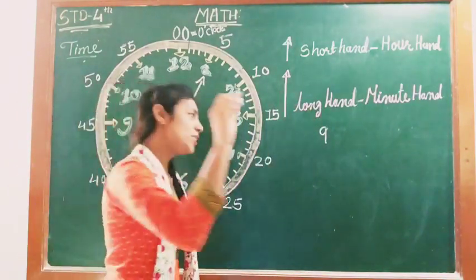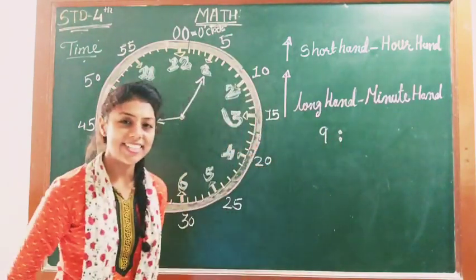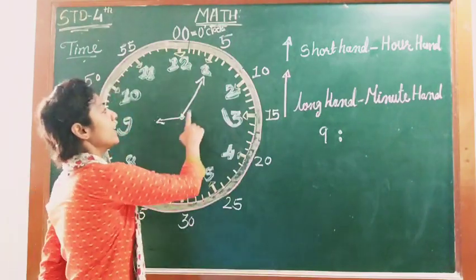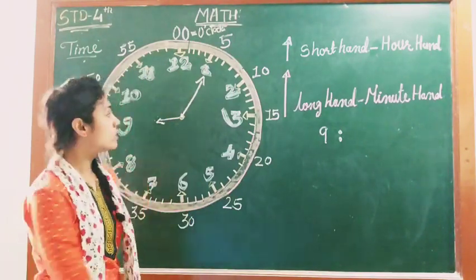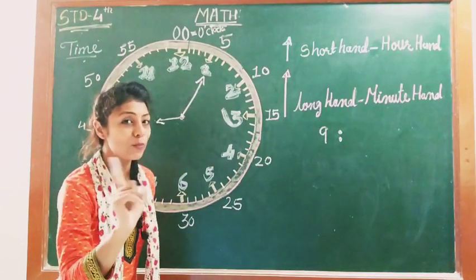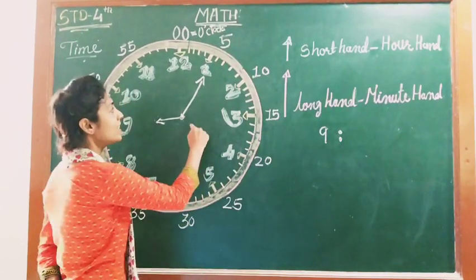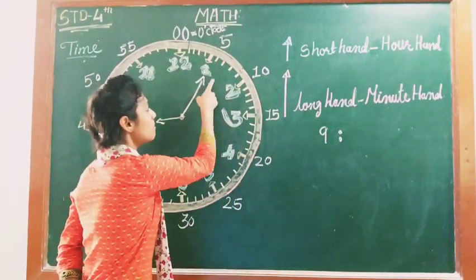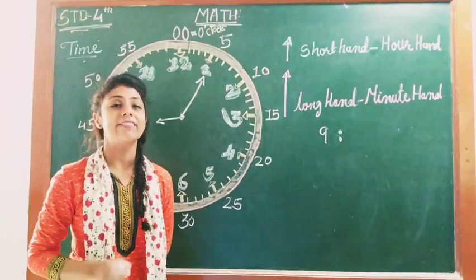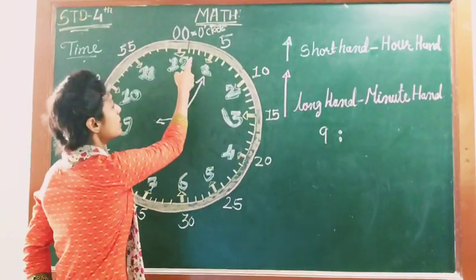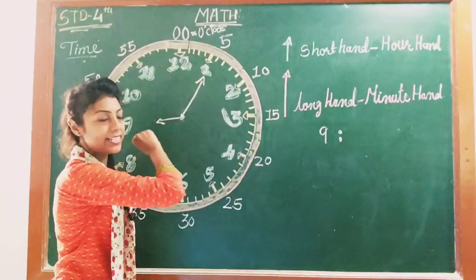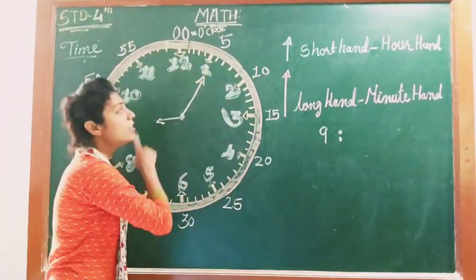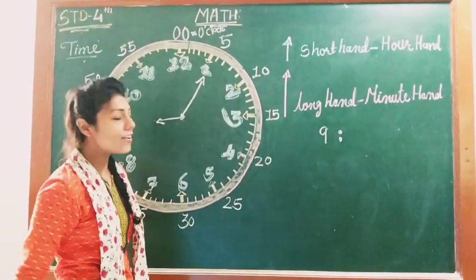Then second step, 2 dots. And third step, minute hand. Where is our minute hand? It is towards the 1. So don't write 1. What we have to write? 1 is 1 times 5, 5. The number has to be multiplied by 5. Why are we multiplying by 5? Because 1, 2, 3, 4, 5 minutes. 5, 10, 15. Like that, the minutes go on. So for that, 1 times 5 is 5.